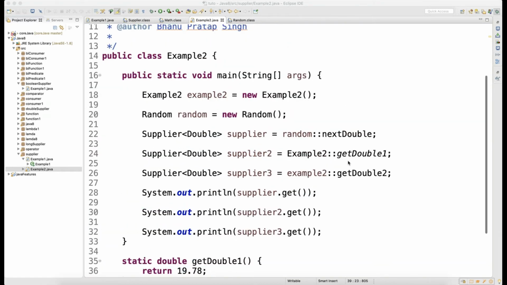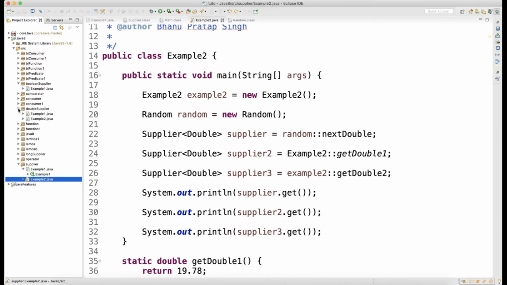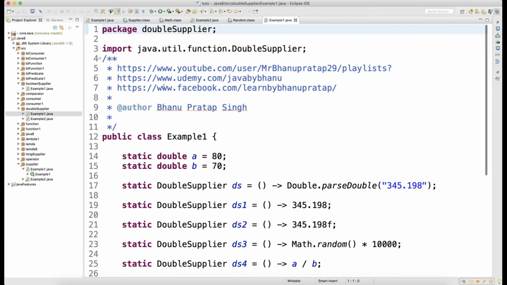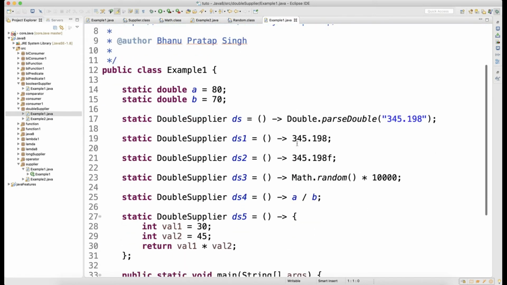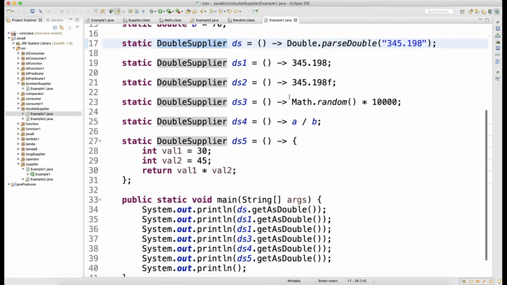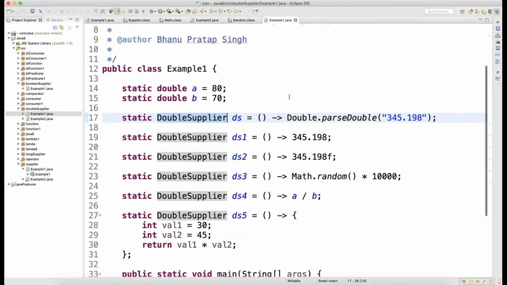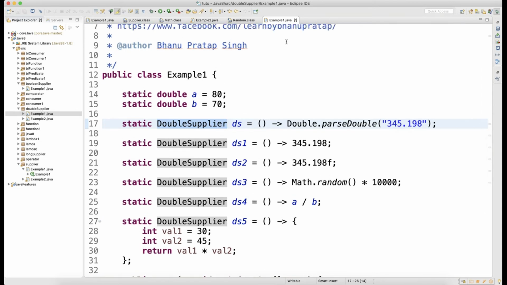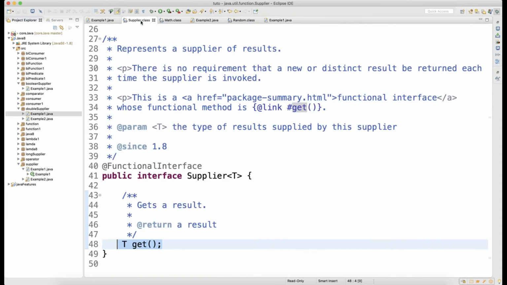So similar to supplier, we have something called double supplier. If you look at double supplier, the concept remains the same. Only what changes is, in case of double supplier, your output is always going to be double. That's the difference.